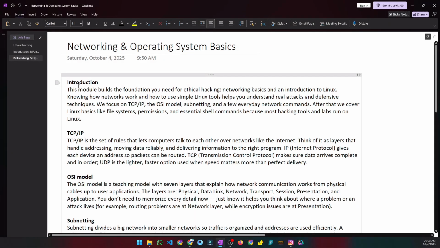Okay, so in introduction, this module builds the foundation you need for ethical hacking: networking basics and an introduction to Linux. Knowing how networks work and how to use simple Linux tools helps you to understand real attacks and defense techniques. We will be focusing on TCP, IP, OSI model, subnetting, and a few everyday network commands. After that, we will cover Linux basics like file system permissions and essential Linux commands, because most hacking tools and labs